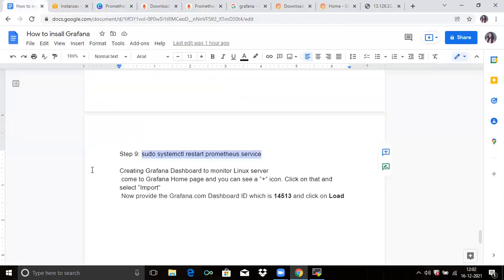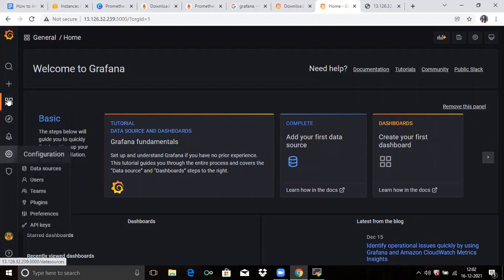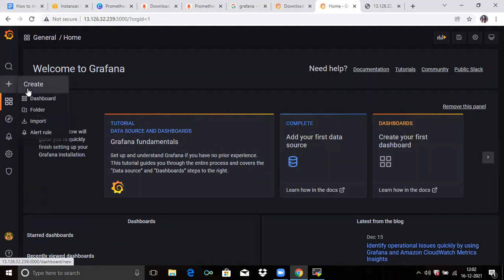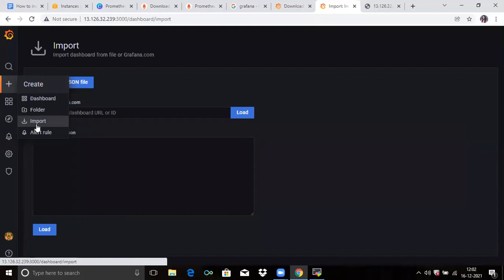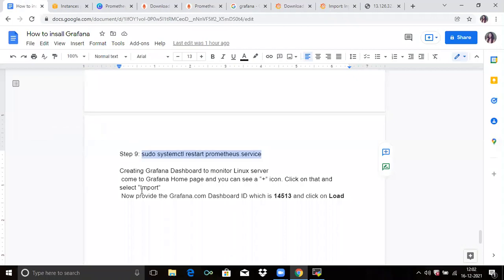So now we are going to create a Grafana dashboard to monitor the Linux server. Firstly, go to Grafana, and here you can see the plus icon. Click on the plus icon and go to import. And now here, click on import via grafana.com. Here you can see it asks you to provide a grafana.com dashboard ID, which is